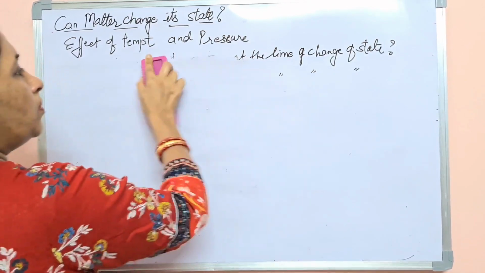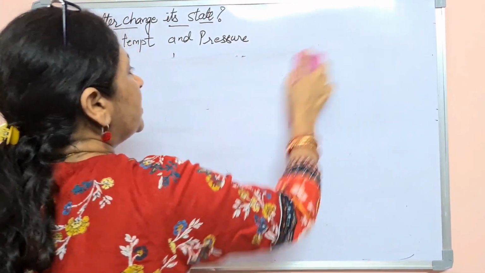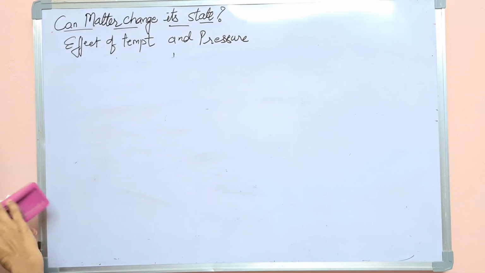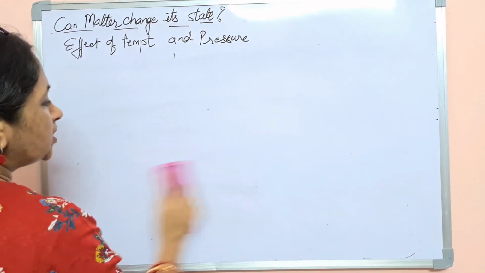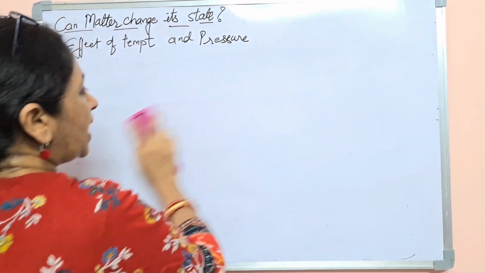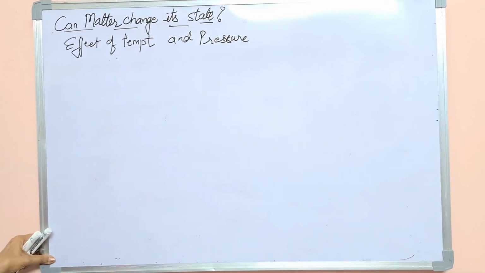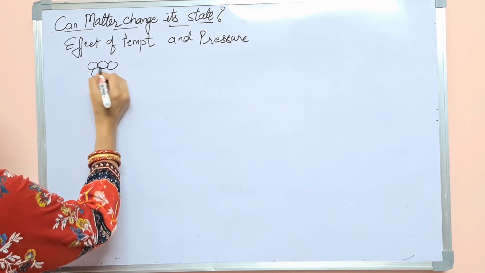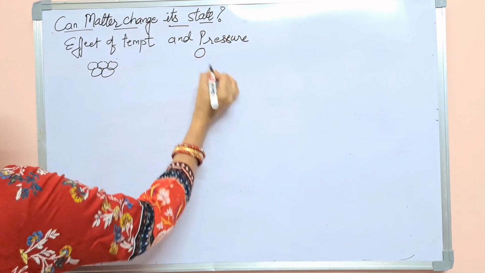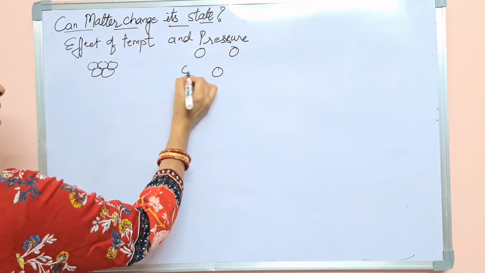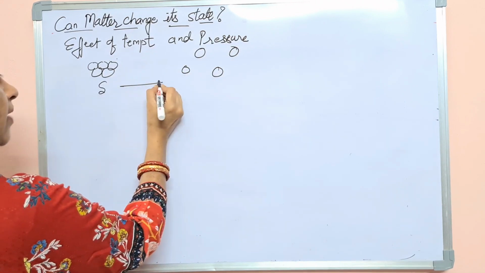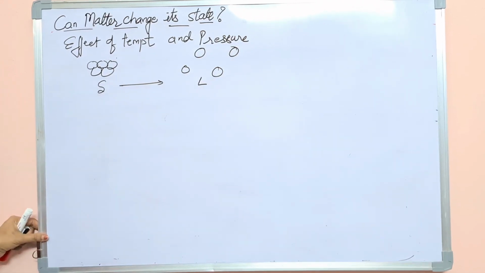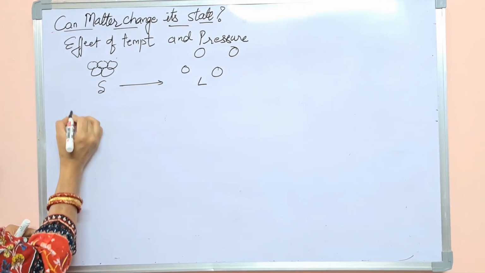We are changing from solid to liquid state. So we have seen the arrangement that in case of the solid, the particles are very compactly packed. And when they are converted into liquid, the molecules are like this. We have to study how they will convert into the liquid. So this intermolecular space